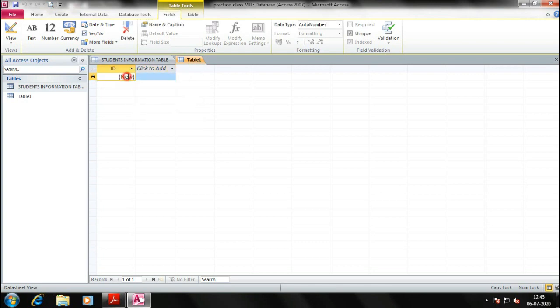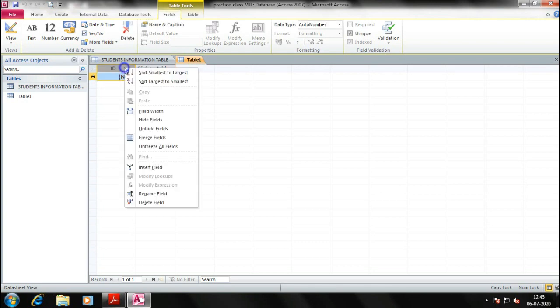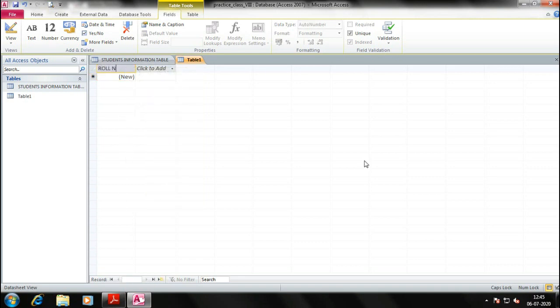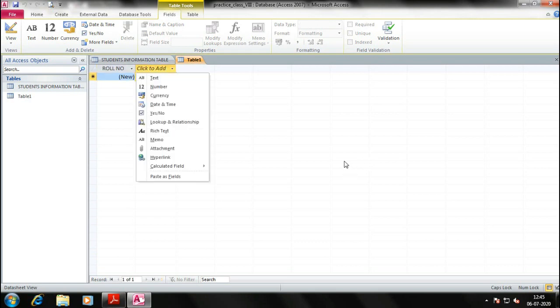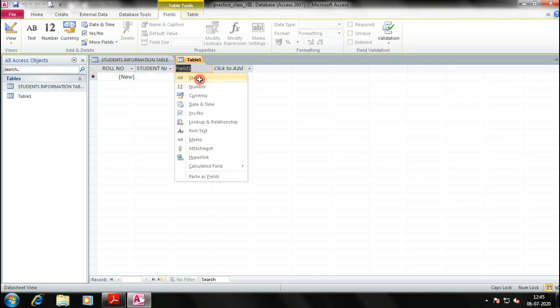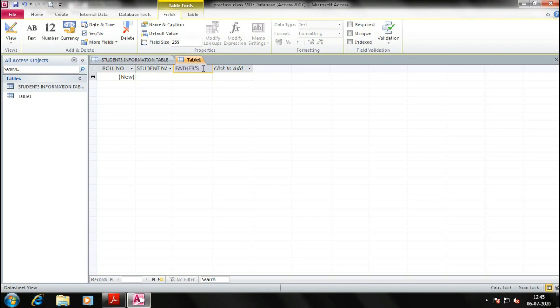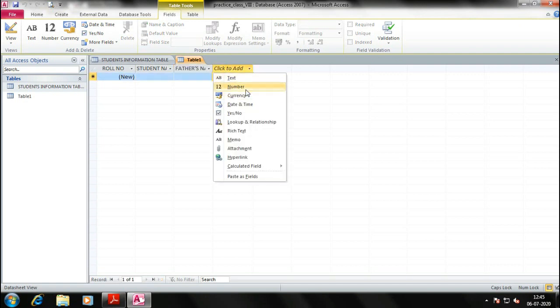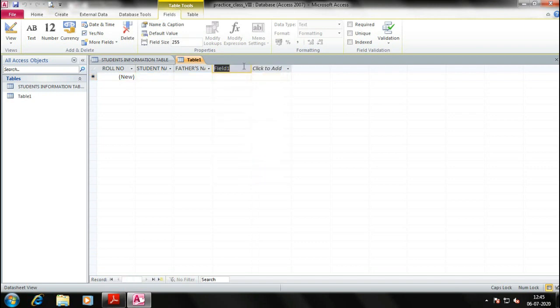ID, which is given here. If you want to rename this field, you can rename it with the roll number. Enter, right? And when you press enter, it will ask what the data type is. It is text. Next is Field 1, that is student name. Enter, it will ask for text. Next field is father's name, again, right? Text. Next is address. Okay,